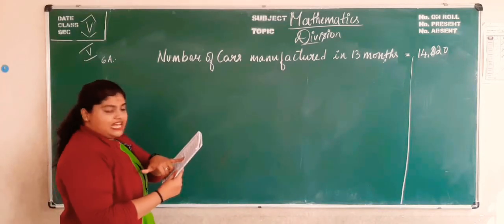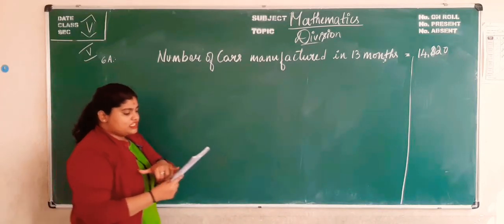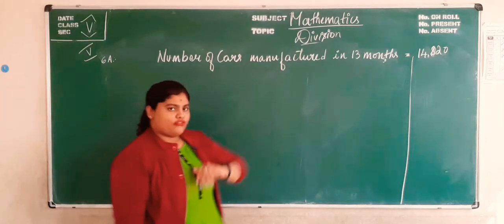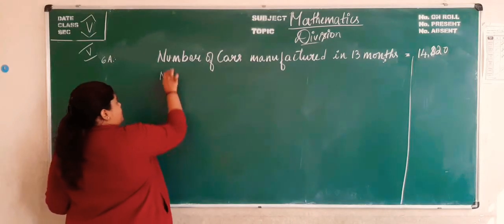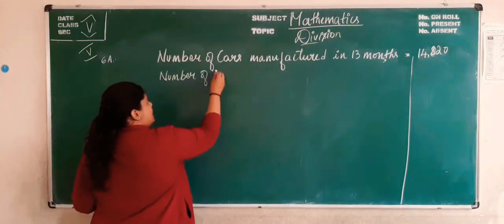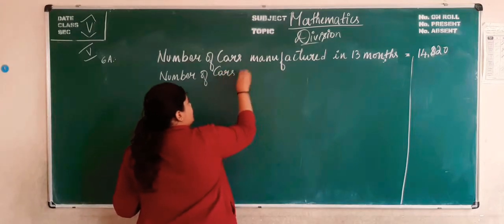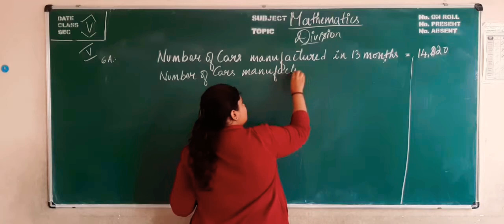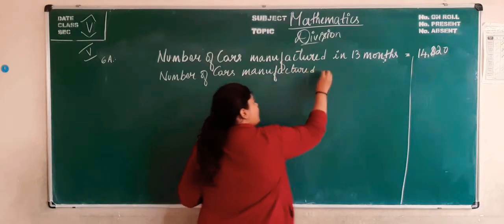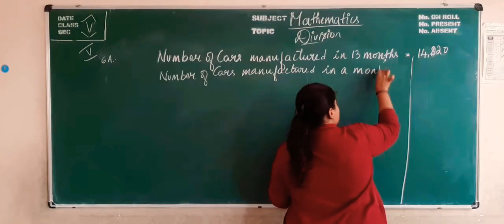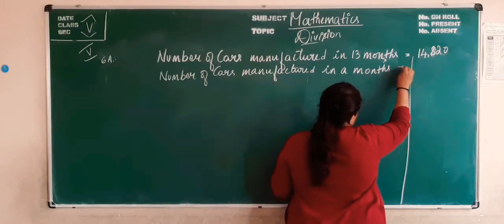That is the last sentence. Find the number of cars manufactured in a month. So, write number of cars. Yes, so we use the word number. So, number of cars manufactured in a month is equal to,